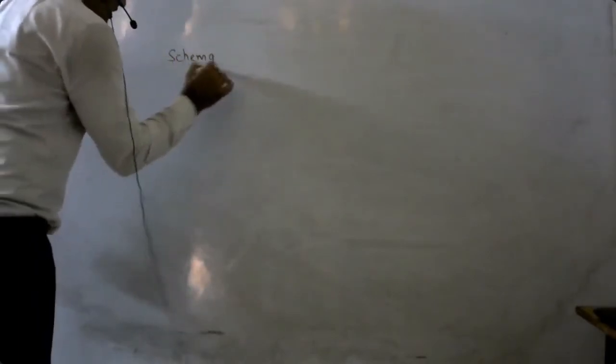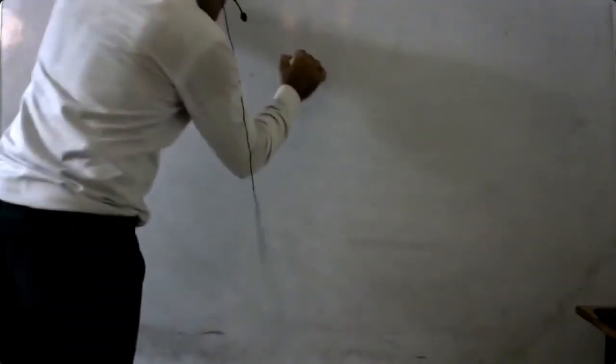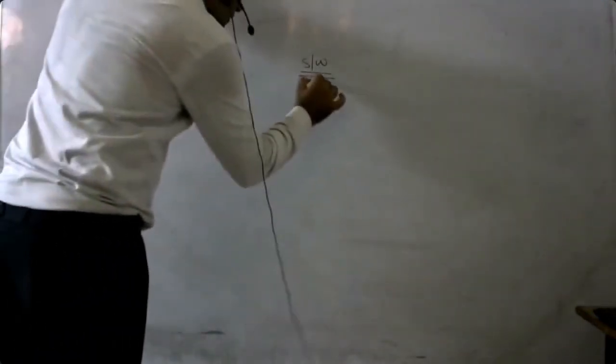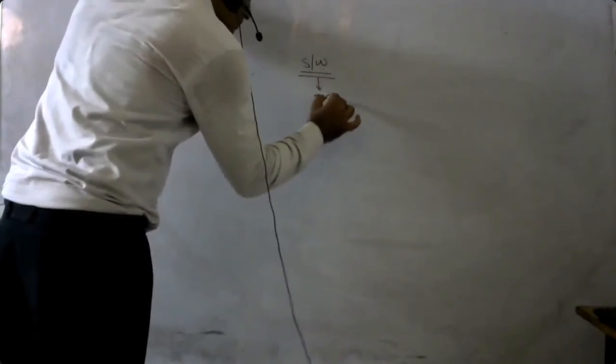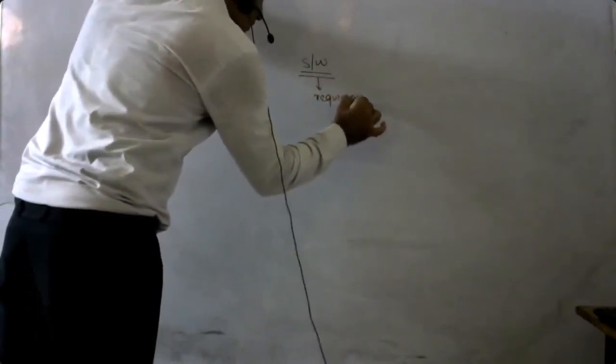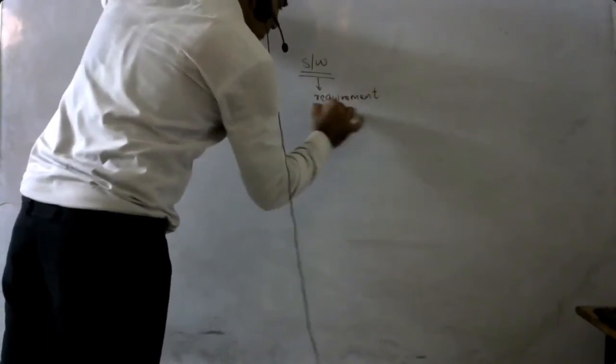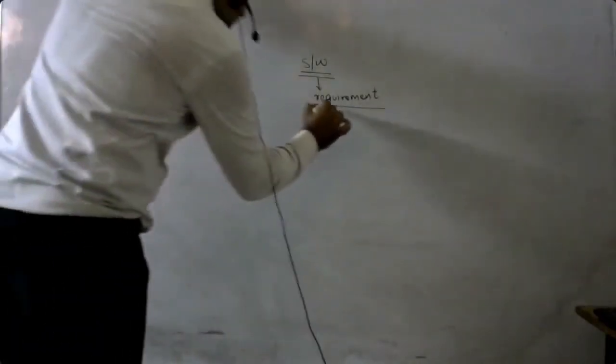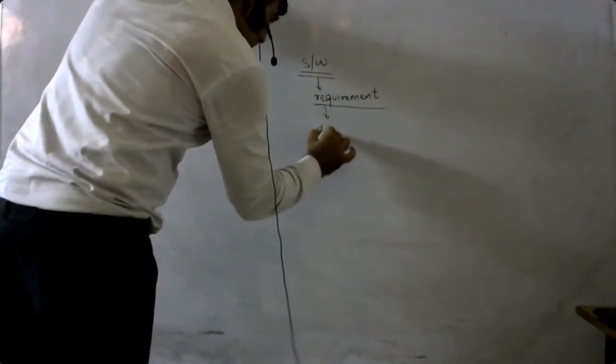Yes. Now we will talk about a schema. What do you mean by the schema of a database? See, when a software is developed, there is software engineering, there is a chain. First of all, the requirement is taken from the user. Once the requirement is taken from the user and it is finalized, the analyst will analyze the data.